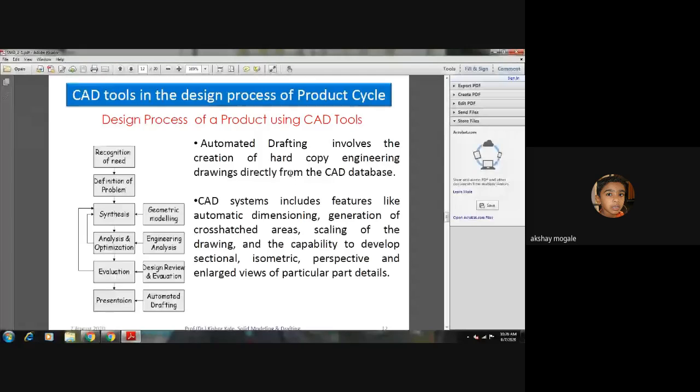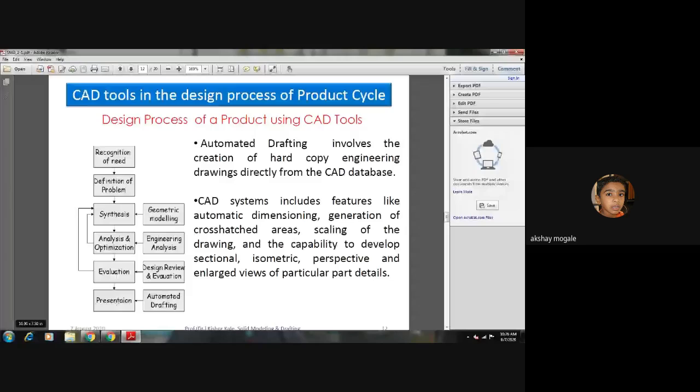But this is not the end here. Whatever model is being created, you don't have to present it. That same model can be transferred to the machining environment, and that is what is called MBD, model-based definition. The model will be used as MBD, and it will be used directly for the manufacturing process.